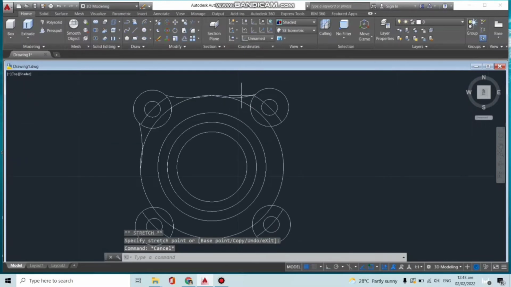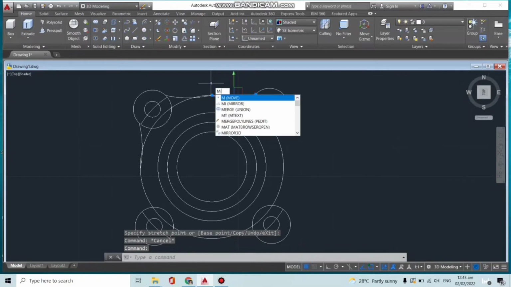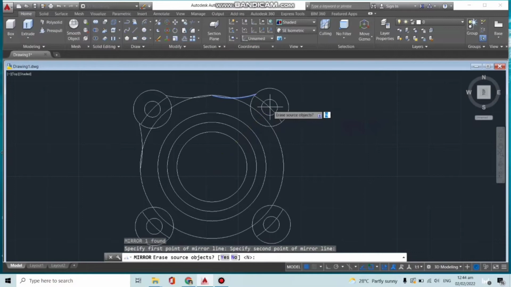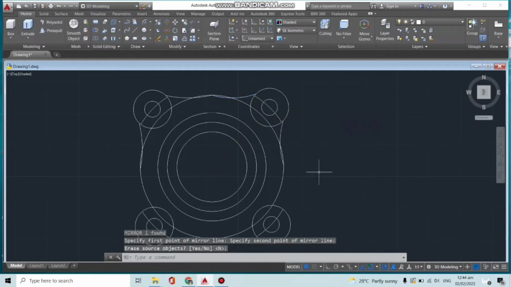and then do it again on the other side. Click on the object, enter the mirror command, enter, specify the first point, click, enter, do it again,